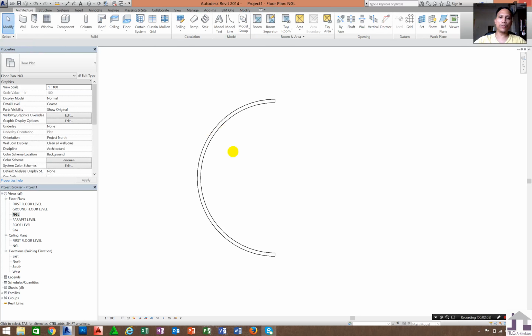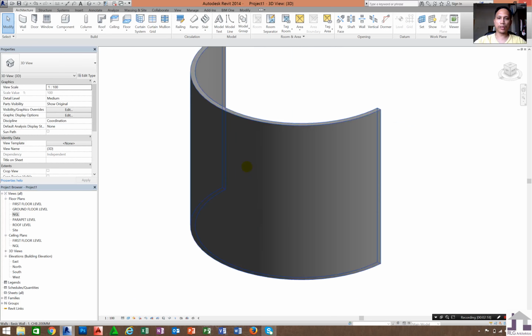So what if I want to create a storefront from this wall?